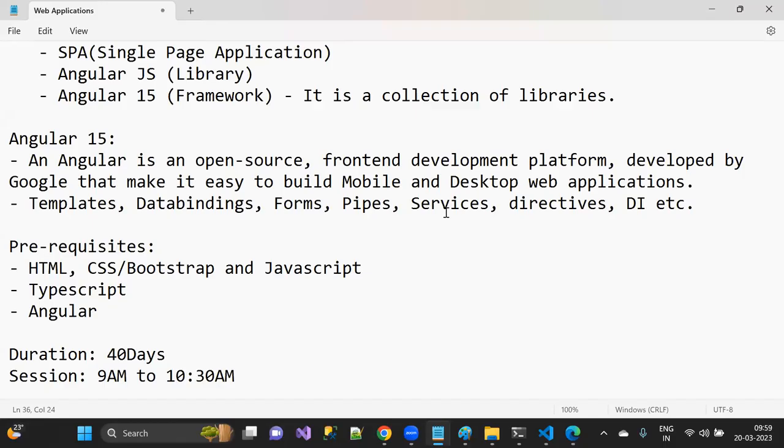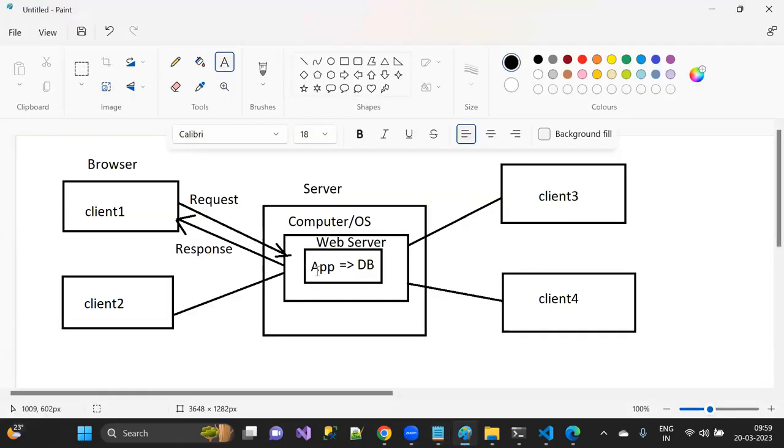If you build a full dynamic web application using server-side technology, the burden on the server will increase. As I told you, if everything is built on the server, then for every user request the server will take some time to process it.